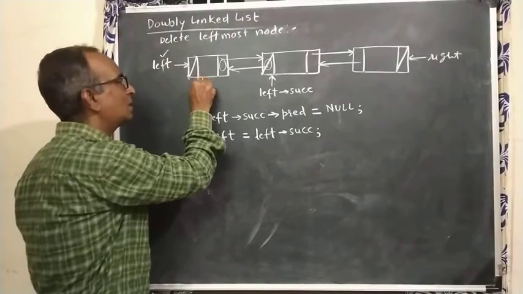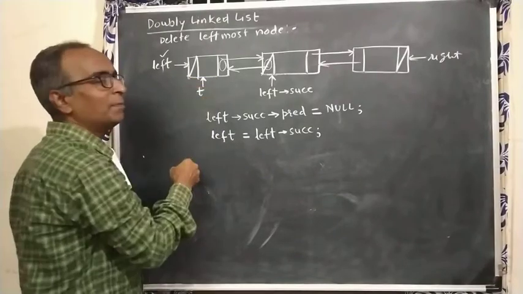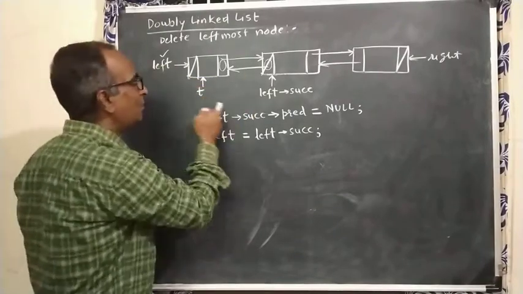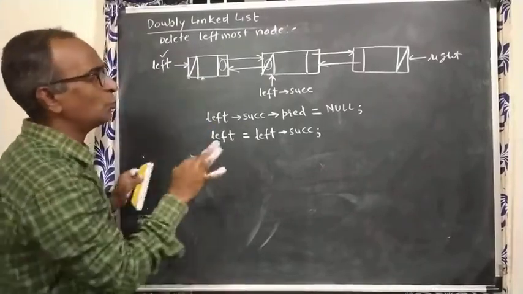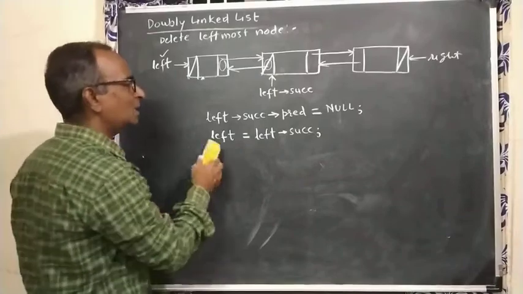Store this address in some temp first, then move this left and free this T. That way we can do just the pointer adjustment I am showing now. In a similar way,